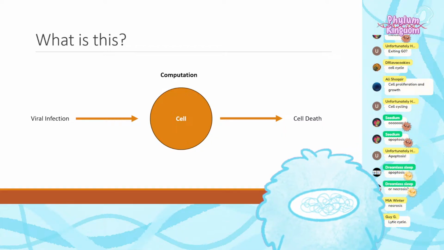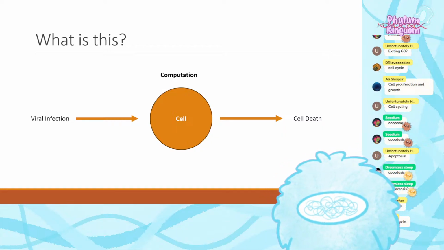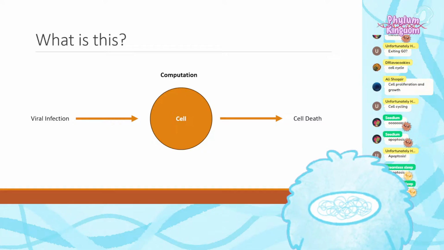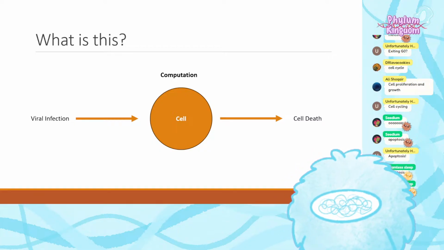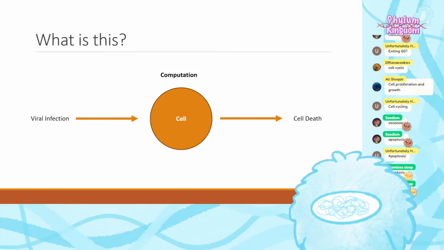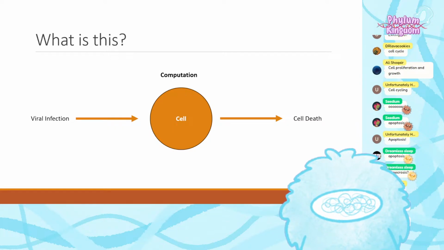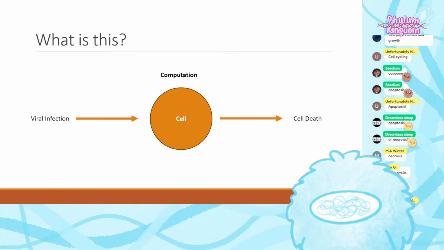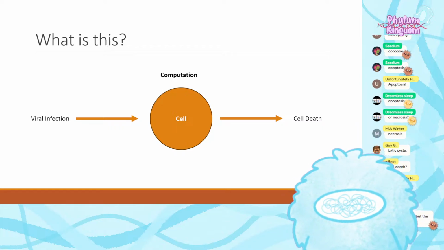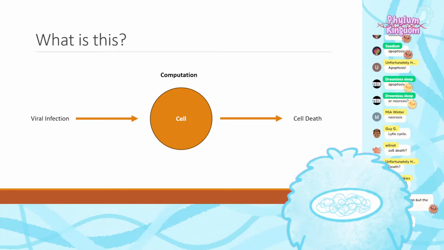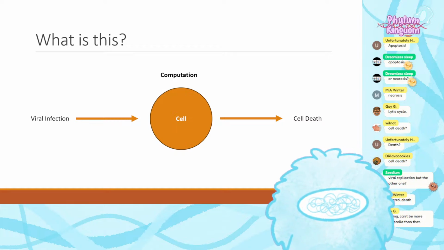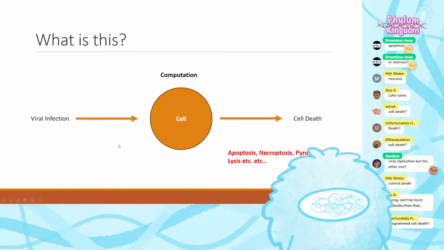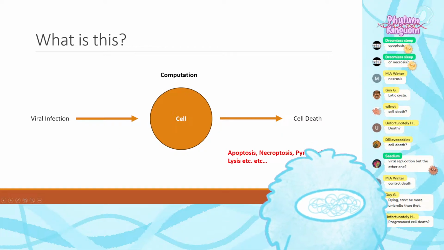So what umbrella term do we have for apoptosis, necrosis? I'm actually not sure if I even put it in the slide, but I just thought of it now. What process is apoptosis? Cell death? I mean, technically true, but what kind of cell death? It is cell death, but controlled death. Very close. Yes. Controlled death, or in other words, programmed cell death, right? This includes apoptosis, necroptosis, pyroptosis.